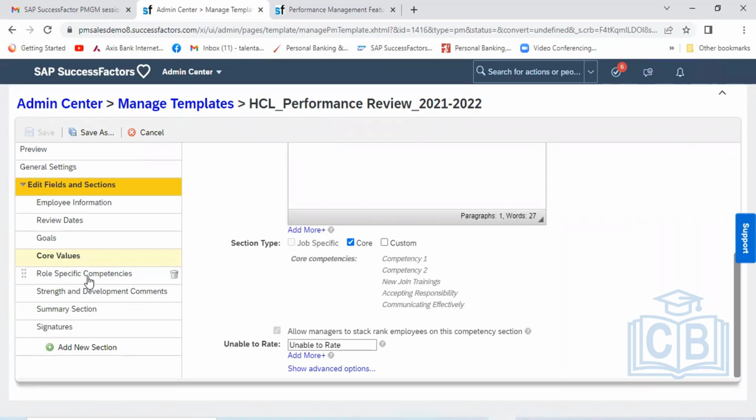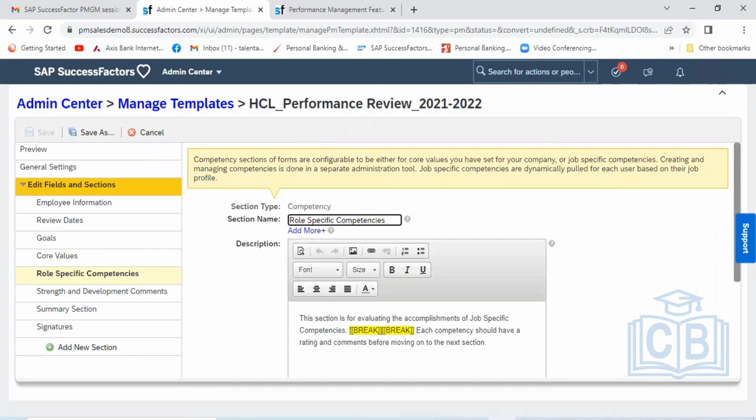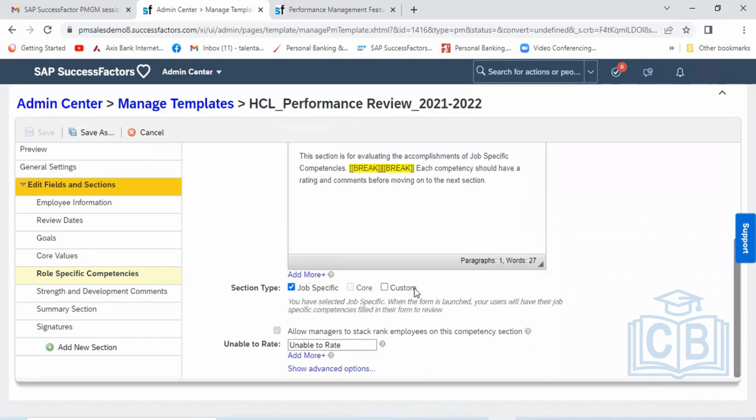Similarly, role specific competency. If you are selecting job specific, then you need to add the competencies.